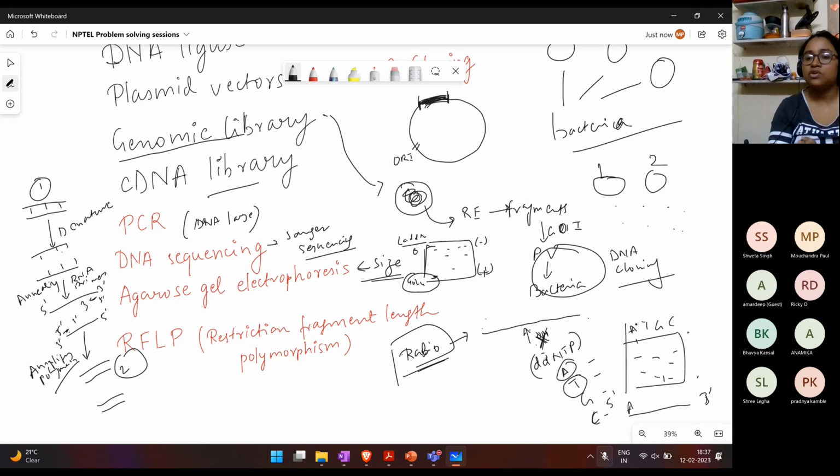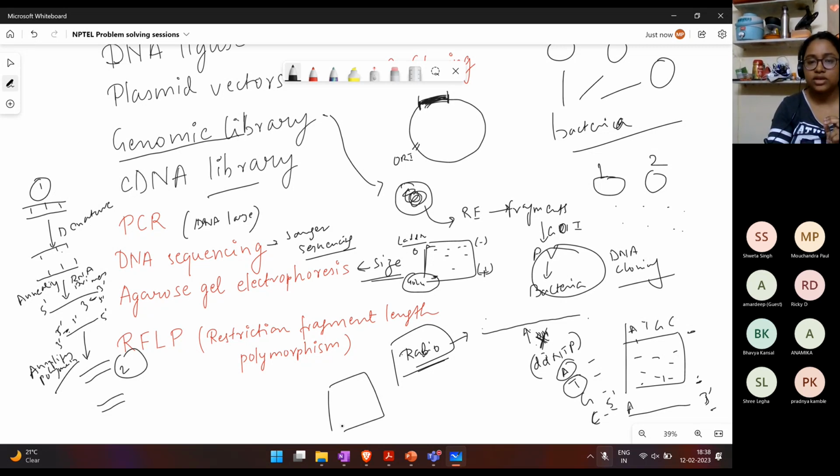In one column you run the PCR product where DDATP was added, and in another the PCR product where DDTTP was added. Like this you get four columns, and you observe how the DNA has migrated based on their molecular size. Then you read from the bottom to top, because at the bottom the small DNA fragments are there, and when you read it, you are reading in the 5' to 3' direction. So the smallest fragment is your A. Say